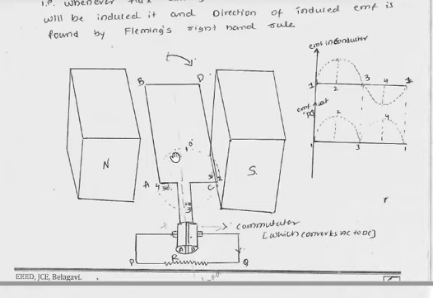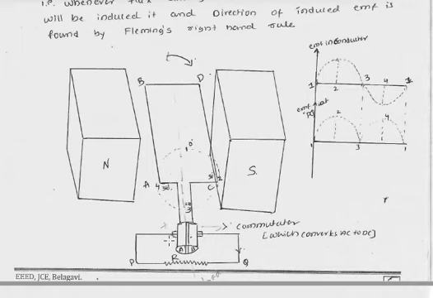Meaning, with this kind of arrangement, in the first half cycle, let's say current is flowing from Q to P. After the half cycle, the positions of A and B will be reversed, and in the negative cycle the current will again flow from Q to P only. That means this particular brush will always be positive and this will always be negative. So current will always flow from here and come back.